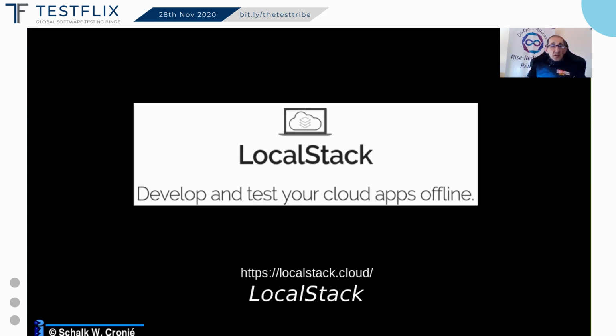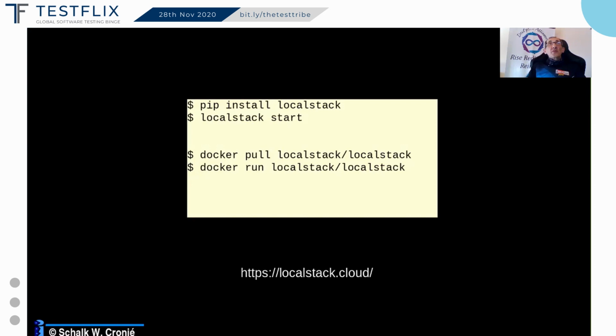Installing it is relatively easy. All you have to do is either pip, if you're a Python person, to install it and start it, or as I prefer to run it, in Docker, because it means it's a lot less things I have to install. And I like to keep my machines as clean as possible. It also helps when I want to run things in CI. And once it's running, you will actually have a very decent AWS testing environment running locally,